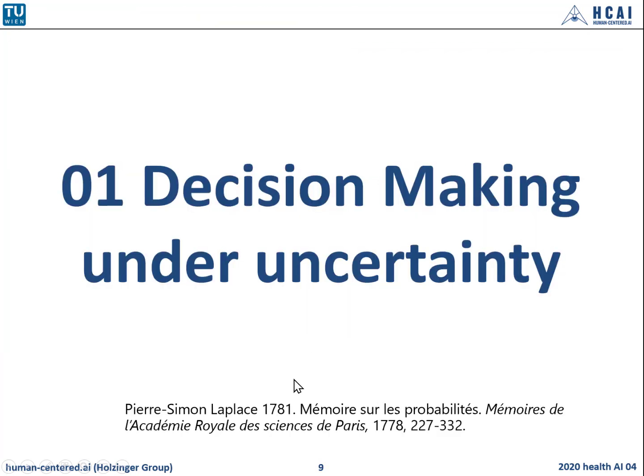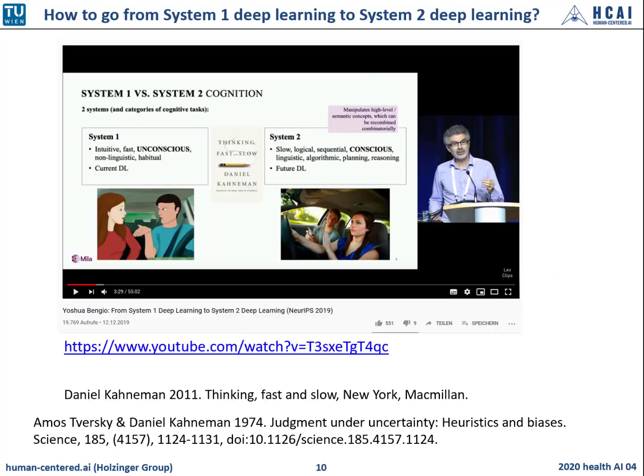So, decision making under uncertainty. Before we start with graphs and graphical models, we quickly review decision making under uncertainty with the emphasis on uncertainty, because exactly graphical models can help here. And of course, as you can see here, the foundation was laid by Pierre-Simon de Laplace on the work, of course, of Bayes and Price. So, very, very interesting.